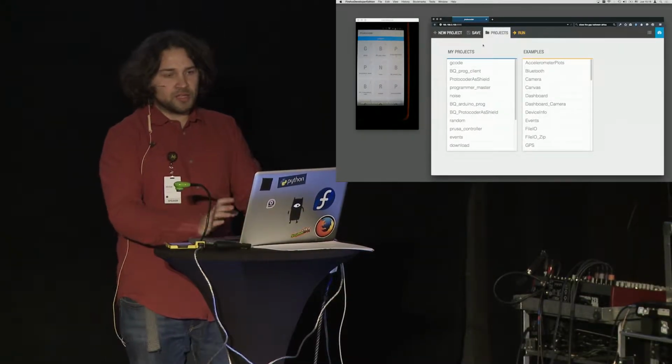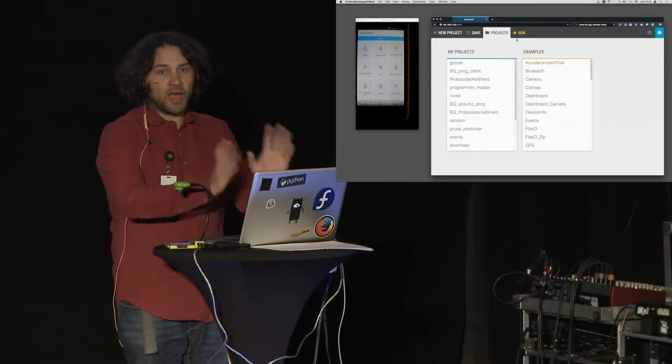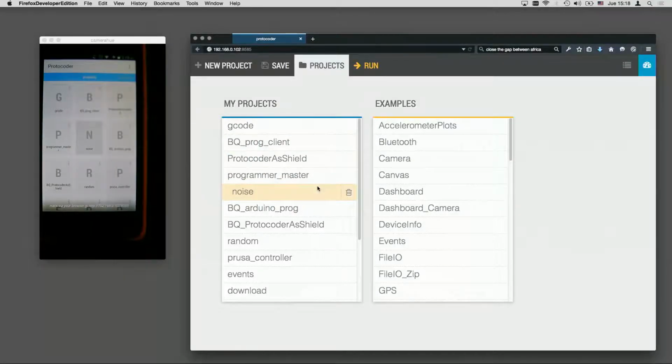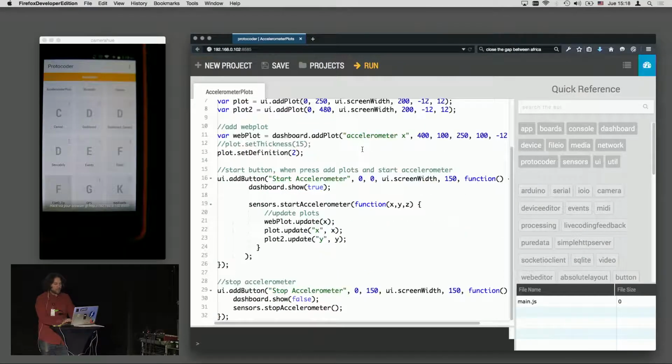And one thing that is really cool is that the phone is directly linked to the IDE in the web browser. So for example, if I overlay here, you see it overlays my app on the phone. So I know what I'm checking. If I go to examples, it automatically changes to examples. So it's directly connected. What does it mean? It means that when I open an example here, the example is being grabbed directly from the phone. So I have the phone, and then I can write code, and I can execute code.